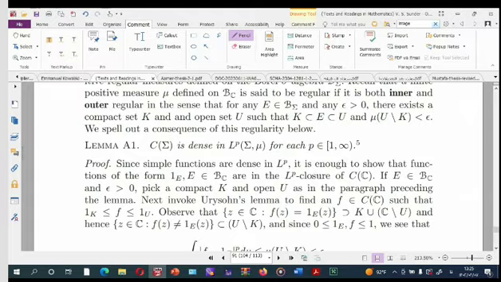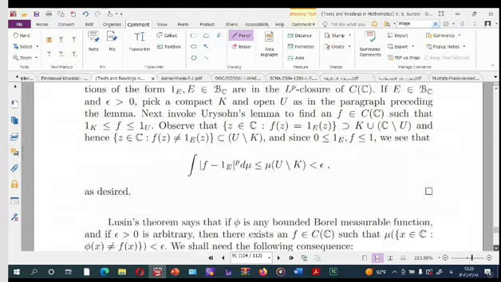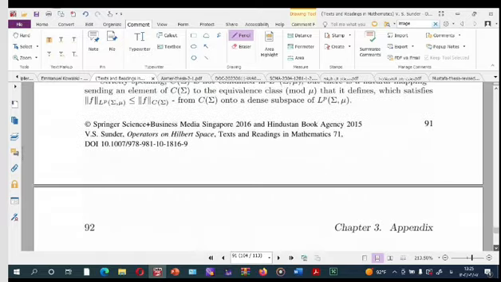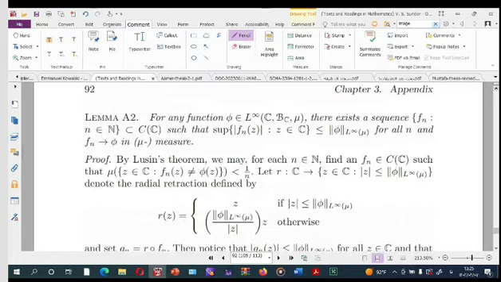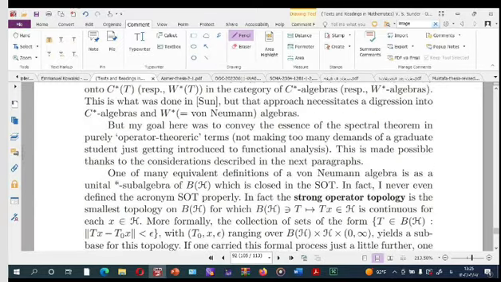Okay? And also this lemma that is proved by the Lusin theorem,